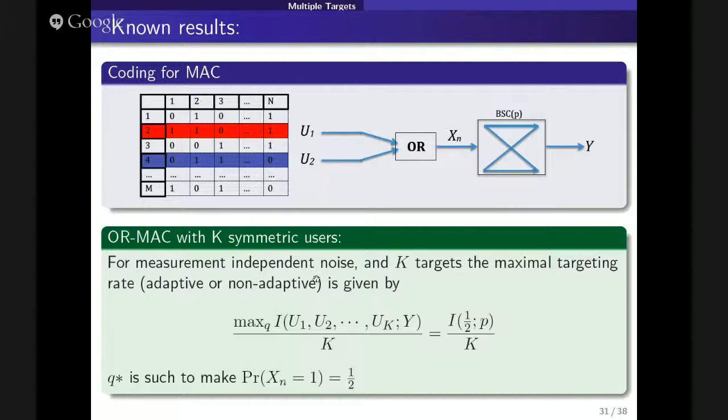The sum rate is given by this expression here, which is just the mutual information between half and t. So it's the capacity of a point-to-point channel divided by the number of users. This is known, just the result we take from MAC.